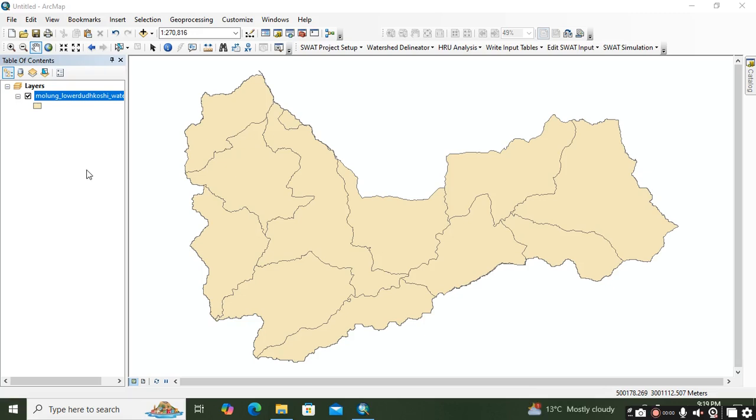Hello everyone, in this video I am going to show how we can use the Symbology tool to prepare a map. For example, we need to prepare the map of this watershed. This is the watershed and under it there are municipalities. So how can we represent it and show it in different colors? For that